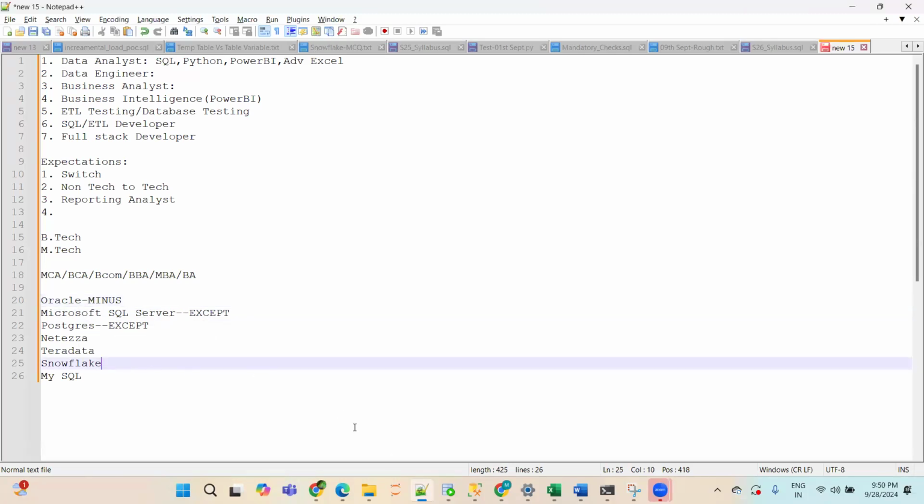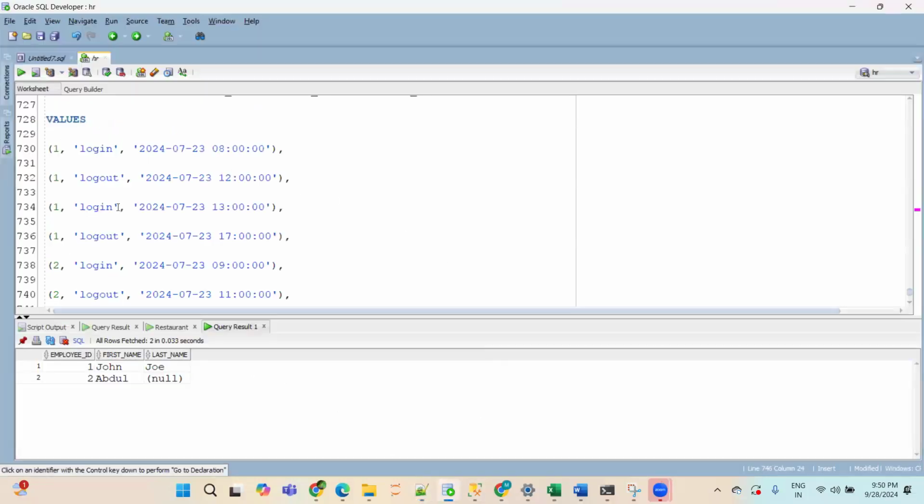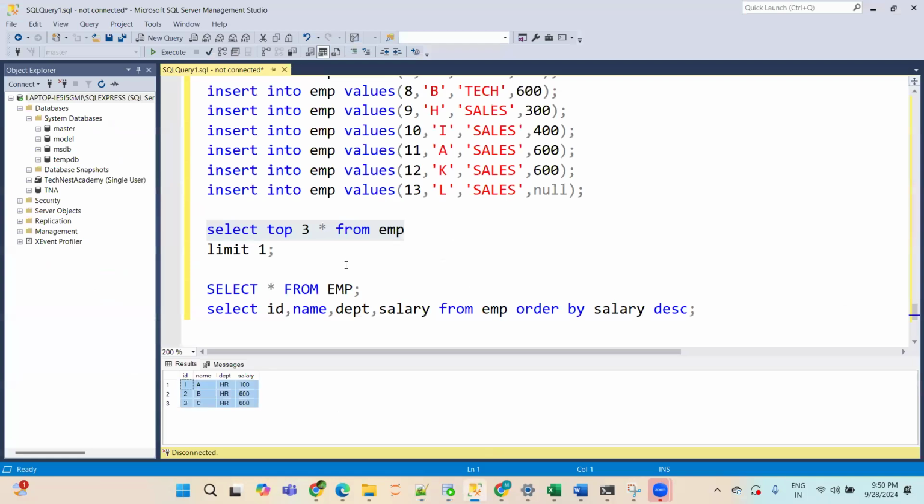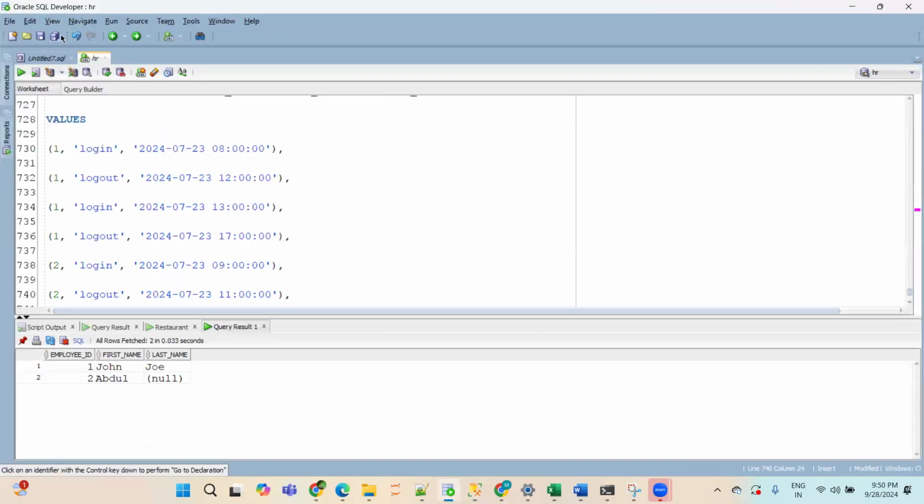Okay, perfect. Now, this is Oracle database. You could see my screen is visible, right? So this is Oracle database. This is Microsoft SQL Server database. Don't look into the queries, whatever I've written here. Ignore it. Now, this Oracle SQL Developer, the installation process I will share with you.